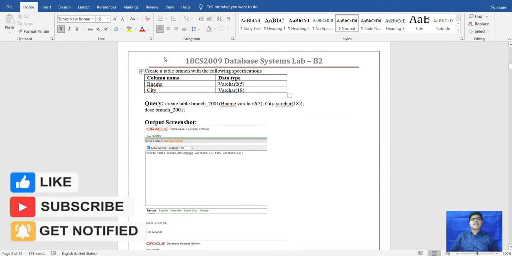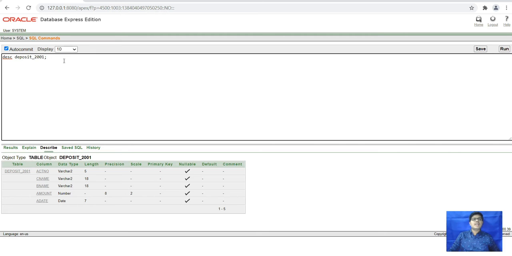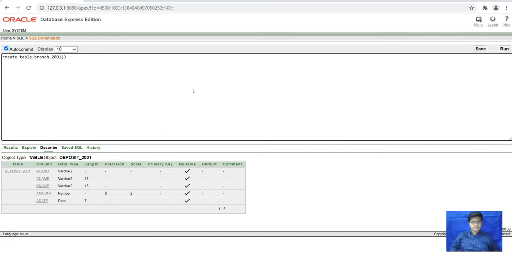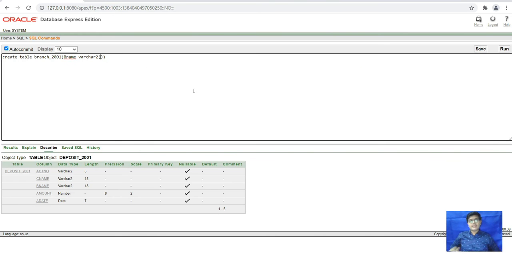Afterwards we will go to the second part of the first question, which is to create a table branch with the following specification. For creating, we will go to the database and create. We have to create bname of varchar2 having 5.